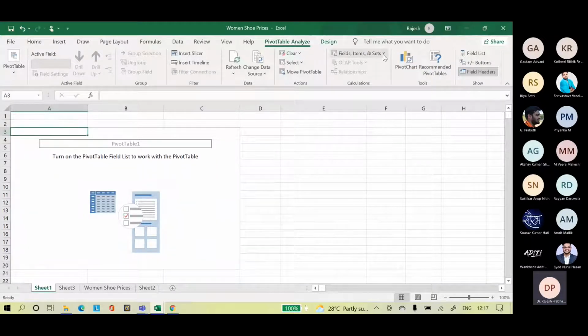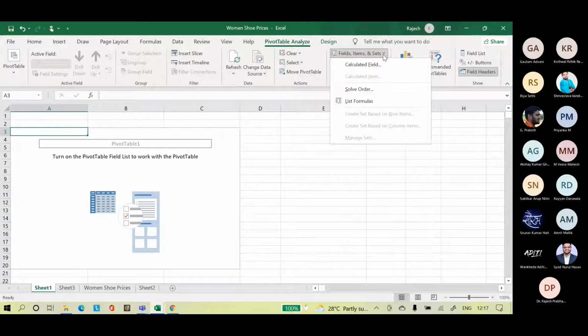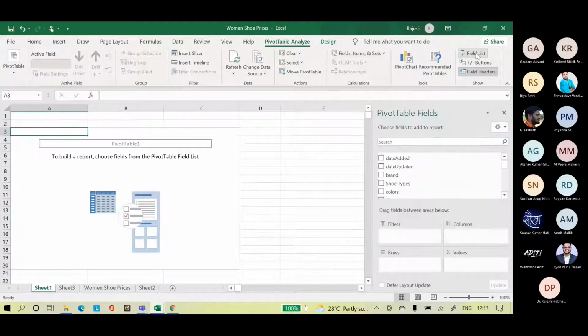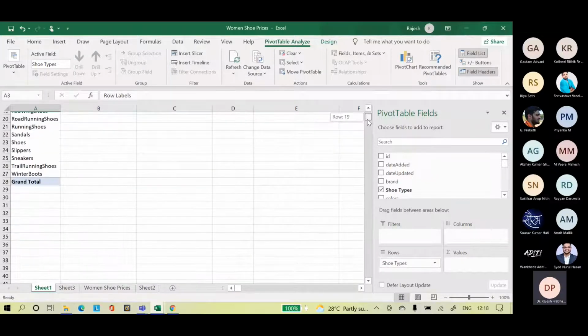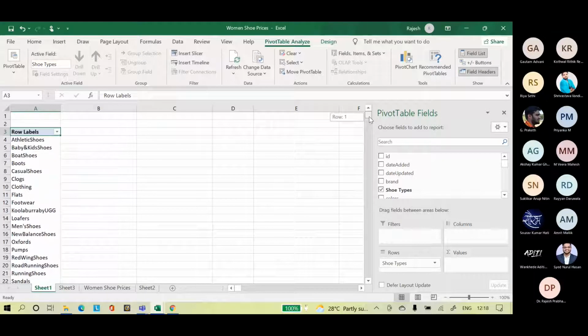Where is that? Refresh, yeah. Refresh all. So let us see if it is refreshed or not. Shoe types. Casual shoes is now under one category.